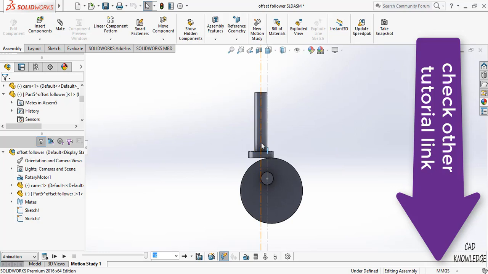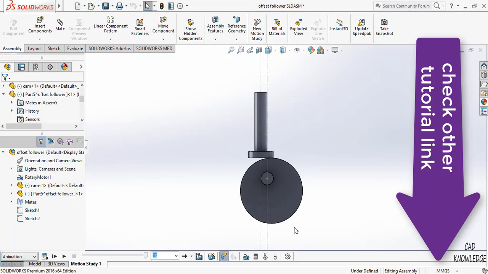Due to that reason we use an offset cam follower when we want less stress at ascending or descending.